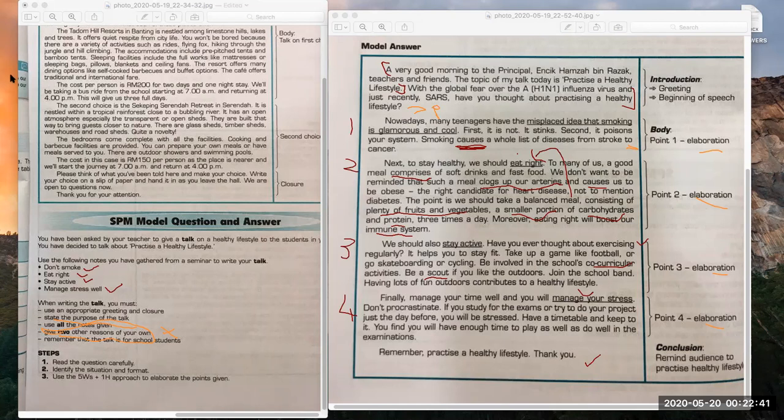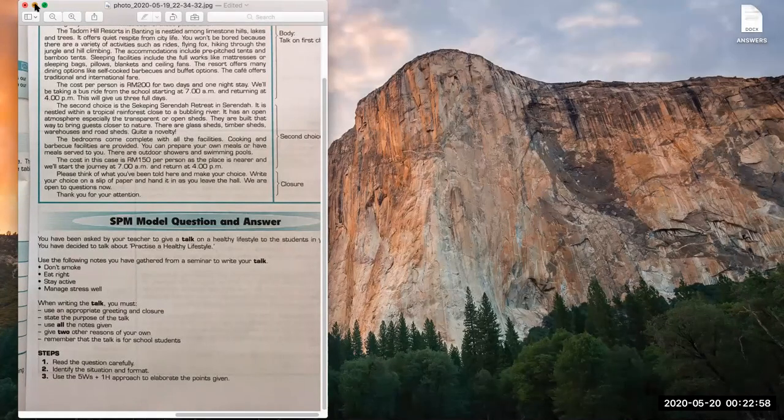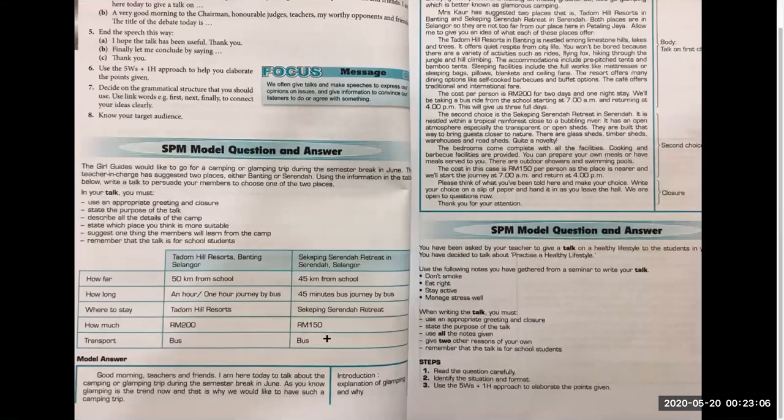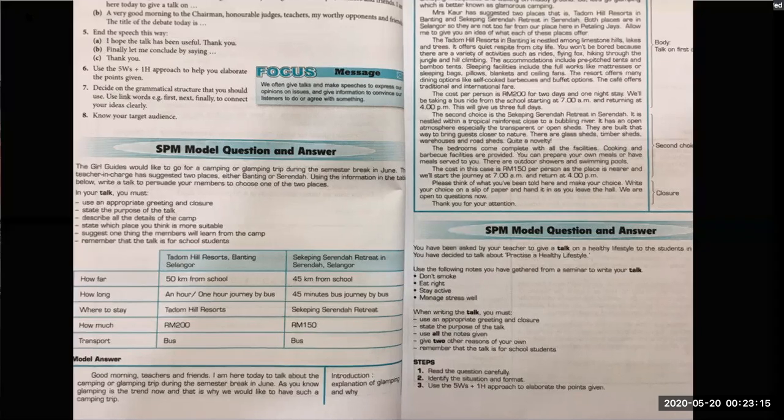Okay, now we have looked at the sample from Form 4 textbooks. Now I want to move on to the exam for SPM. Okay, I showed you 2 types, right? 2 types. Okay, there's this one type where you compare, then another type is just to list down. Okay, if I remember correctly,